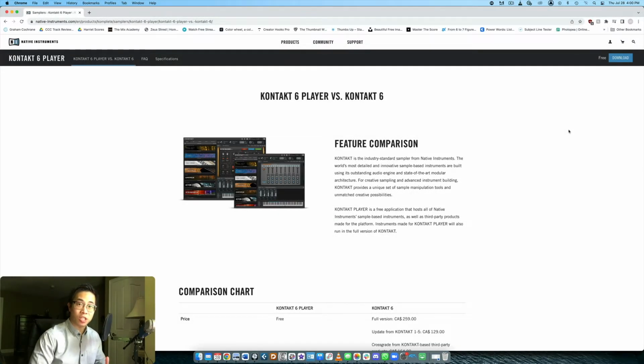And today I just wanted to do a quick comparison between the full version of Kontakt and the free Kontakt player. So in case you're unaware, Kontakt is a sampler built by Native Instruments, and it allows third-party developers, so developers who are not Native Instruments basically, to develop sample libraries, which are basically software holding recorded sounds, right? So it allows those libraries to be hosted inside the Kontakt software, and then it allows us as the composers and consumers to play out those sounds and then use those sounds for our virtual orchestrations, our mockups, our productions,